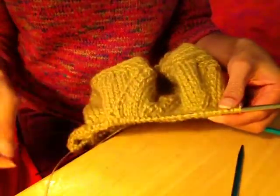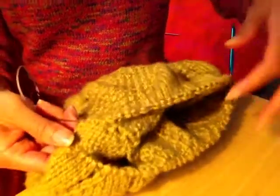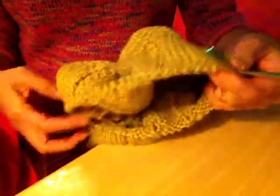Okay, so I got all stitches transferred to my 2 circular needles like this, and now I'm gonna start working on my hat crown. Where does my yarn end? Right here. Okay, so I'll pull